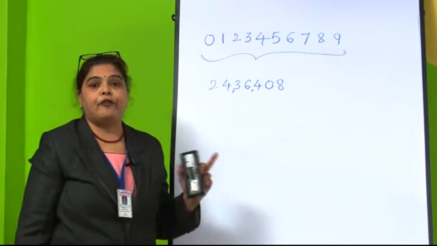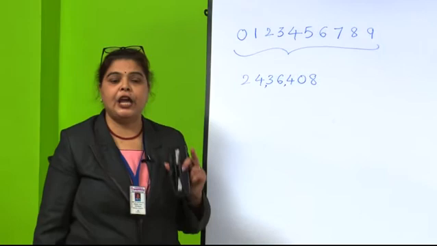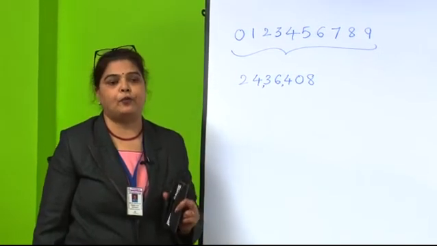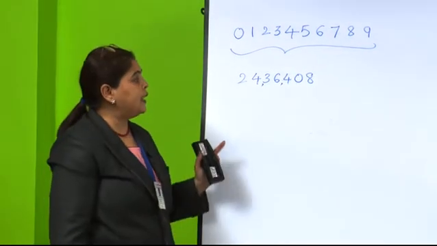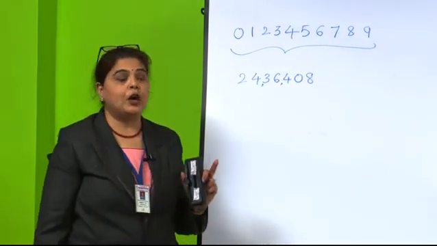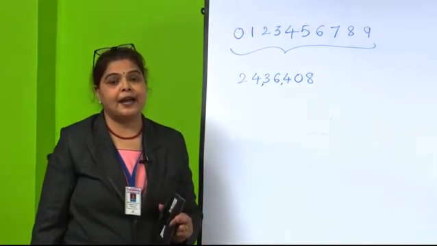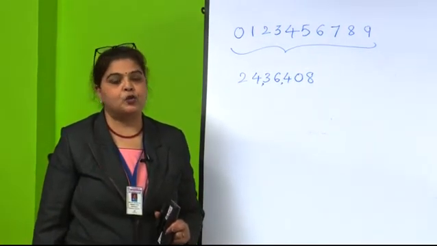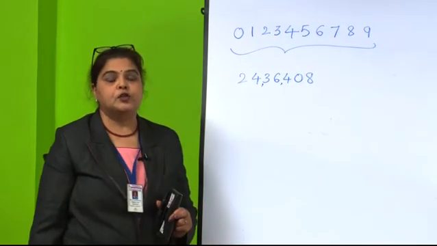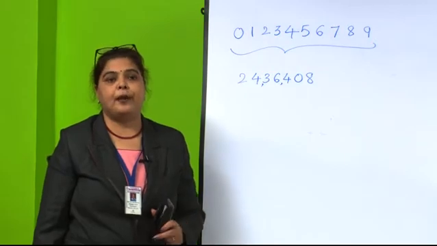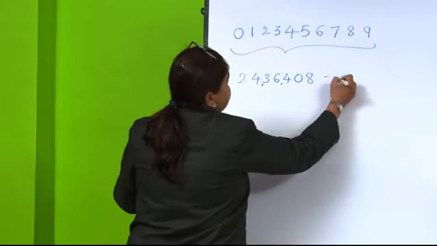I think everyone has opened your textbook. Yes, I have taken each and every example from your textbook. So you have to practice at home, open each and every concept first, try to understand, and listen carefully to my words, what tricks and magic I am going to give today. Everyone will pay attention to what I am speaking and what I am writing on the board, so each and every concept will be very clear. So here this is our 7 digit number.